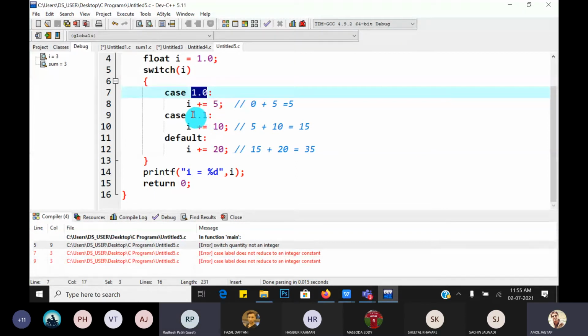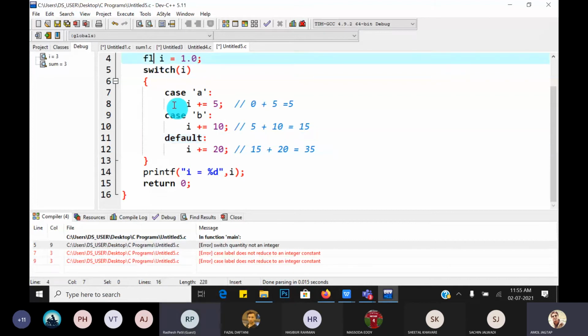Understood? Switch case does not support floating point values. Note that. If it is a character, it is valid. Suppose cases A, B and default, and the data type of I is char, with the value B. Tell me, what is the output of this program?